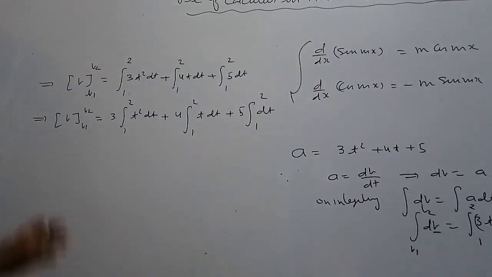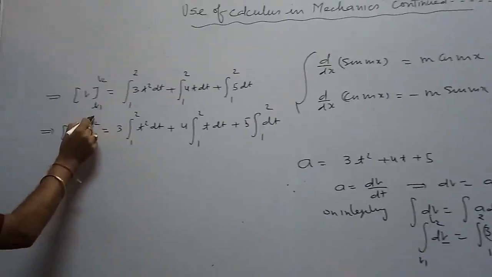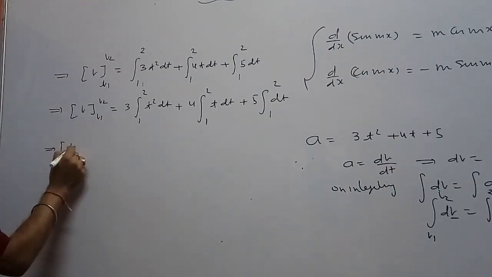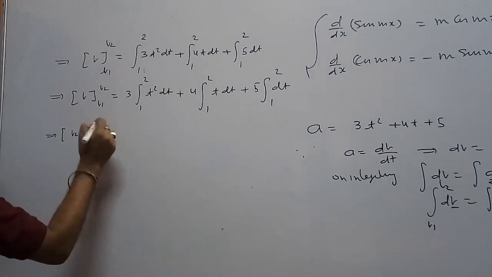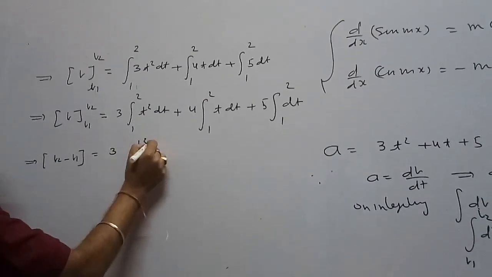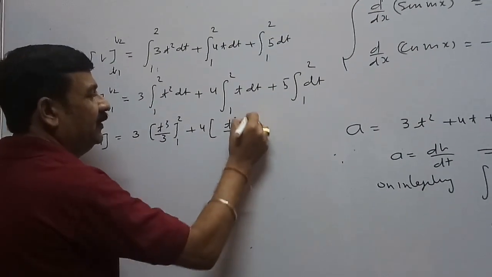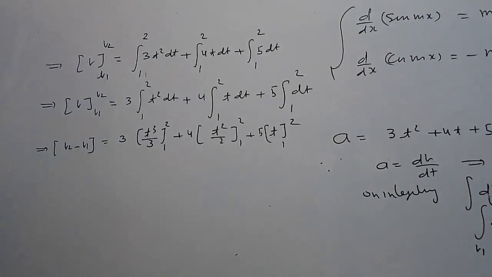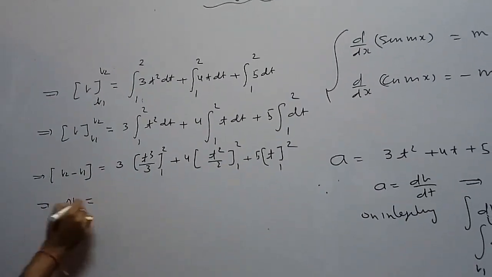Now after substitution of the limit, we use placement of limit. How do we place the limit? लेफ्ट साइड में वेरिएबल वेलोसिटी है, इसको बोलते हैं अपर लिमिट, इसको बोलते हैं लोअर लिमिट. पहले वेरिएबल की जगह पे अपर लिमिट रखेंगे, v की जगह पे v2 लिखिए, माइनस लगाइए, वेरिएबल की जगह पे लोअर लिमिट रखिए, v की जगह पे v1. सेम स्टेप यू विल डू राइट साइड आफ्टर इंटीग्रेटिंग इट. इसका इंटीग्रेशन आएगा t क्यूब बाई 3 बिटवीन लिमिट्स 1 to 2. इसका इंटीग्रेशन आएगा t स्क्वायर बाई 2 बिटवीन लिमिट्स 1 to 2. इंटीग्रेशन ऑफ dt होगा केवल t बिटवीन लिमिट्स 1 to 2. v2 is the velocity at 2 seconds, v1 is the velocity at 1 second.